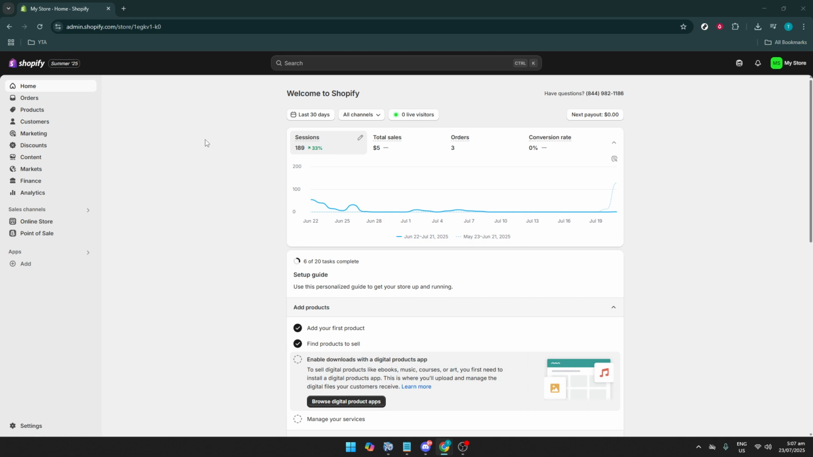Now take a look at the left sidebar. Here you'll see a link labeled My Store. When you click on this option, it takes you to a more detailed overview of store activities and settings. This section is designed to help you efficiently manage your store's core activities, such as your product listings, orders, and